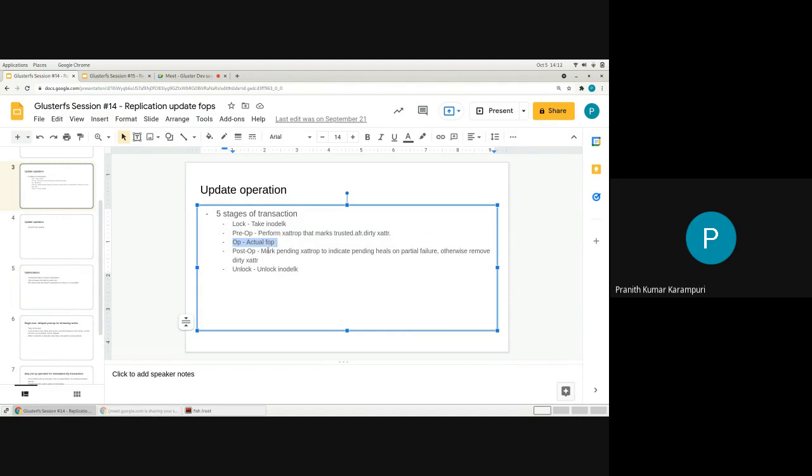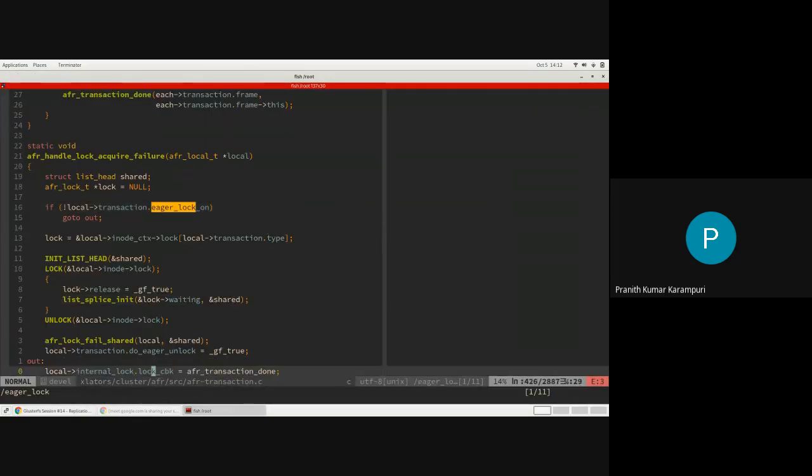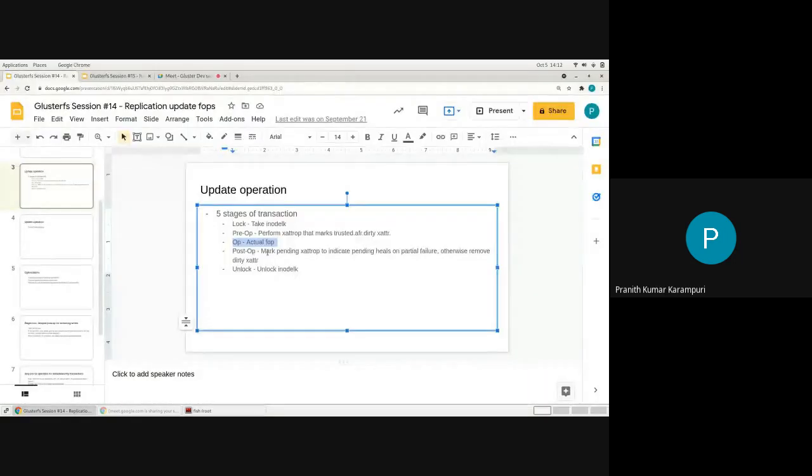In this case, write. Once the write is complete, we are not going to do the post-op and unlock. We directly do a stack unwind at this stage itself, responding to the FOP from the kernel saying that the operation is done, and we wait for a second.